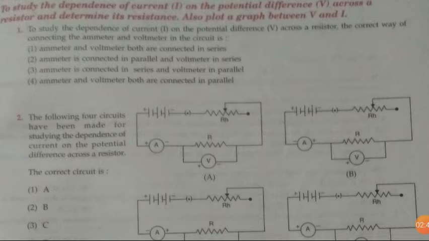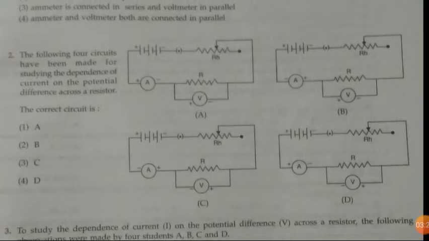And we also know that in parallel combination of resistances, the voltage across all the resistors remains constant. So when we are trying to measure the voltage by voltmeter, the voltmeter should be connected in parallel in the circuit, so that the voltmeter will give us the accurate and correct reading. So the ammeter is connected in series and the voltmeter is connected in parallel in a circuit.